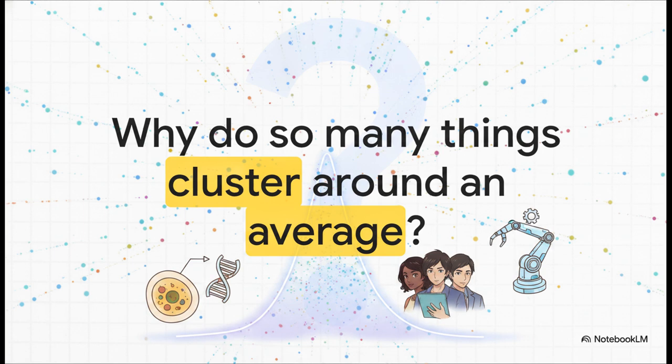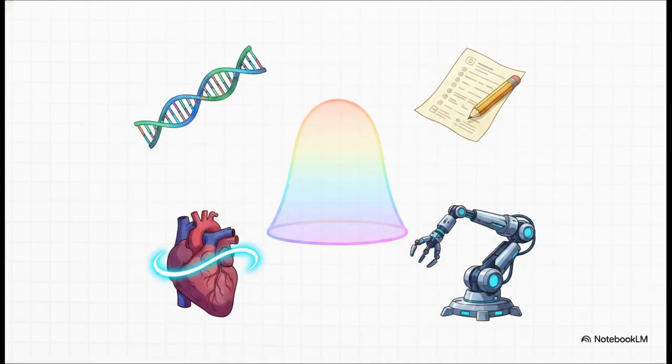So what is this invisible hand that's guiding all this data? Think about adult men's heights, or SAT math scores, IQ scores, systolic blood pressure, even microscopic errors in machine manufacturing. Seriously, what do genetics, standardized testing, cardiology, and factory robotics actually have in common? Well, they all magically follow the exact same mathematical pattern. When you measure them, they form the exact same shape. It's kind of mind-blowing when you realize the universe actually has a preferred template for probability.